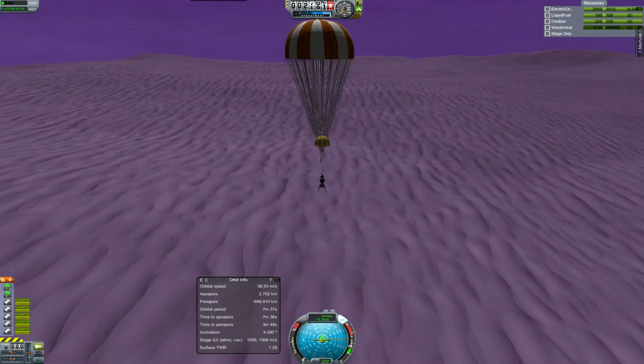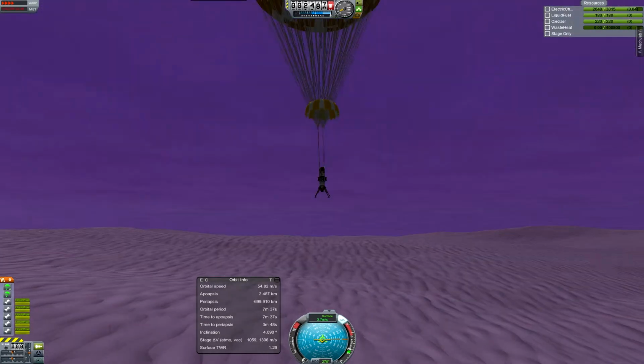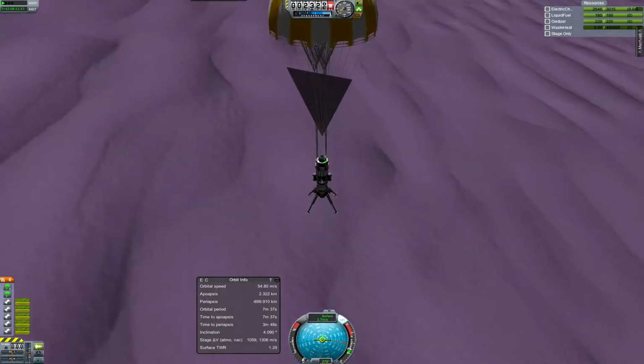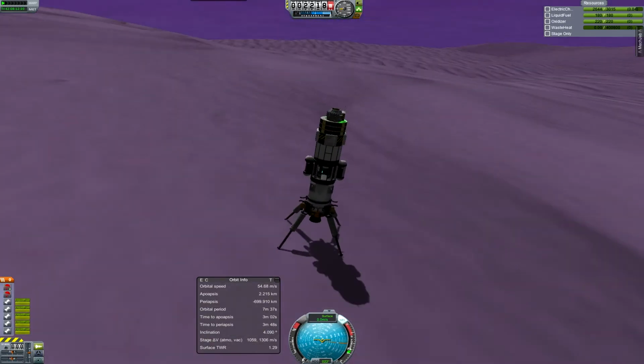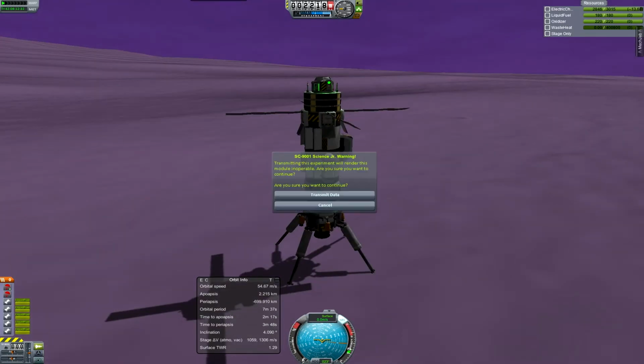Still going at about 70. Once they fully deploy, you can see we're going at 3 to 4 meters per second, which is perfect. And bring this on down slow and try to make sure it's all lined up with the ground so it doesn't tip over, and extend the panels. Get the last bit of science out of it. And we will begin